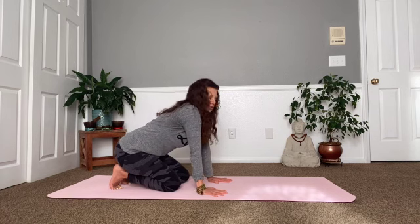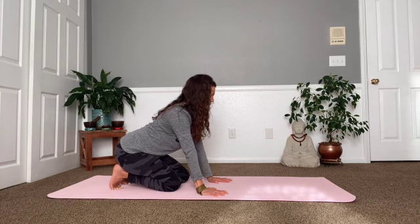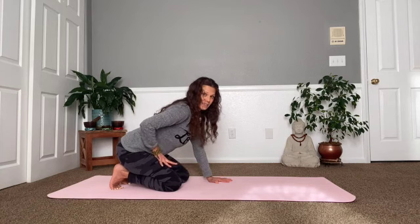Same thing, check in with your shoulders. Notice if they're up by your ears. Gently pull the shoulders and the shoulder blades down the back. Good. And then if it feels good for you and your feet, you can bring the hands to the thighs